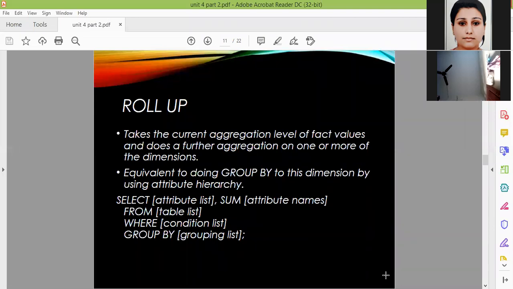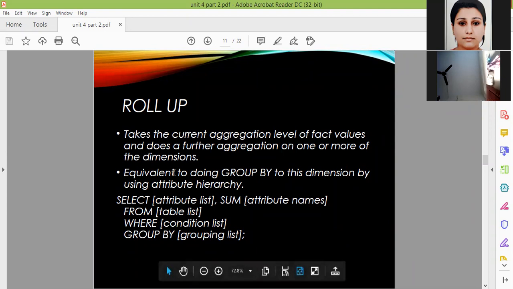It is aggregating based upon particular dimensions. If you make a more aggregated one, then more dimensions are clubbed together and aggregated. This is called roll up. That is, you are rolling up the dimensions and making a bigger one. This is one of the SQL queries written here. Select attribute list, some attribute names from the table name, where the condition list, there is a condition, and a group by clause is there, where you have the group by list. And in the group by clause, you have to define on which basis you are grouping or aggregating the data. So the roll up operation is very similar to that.